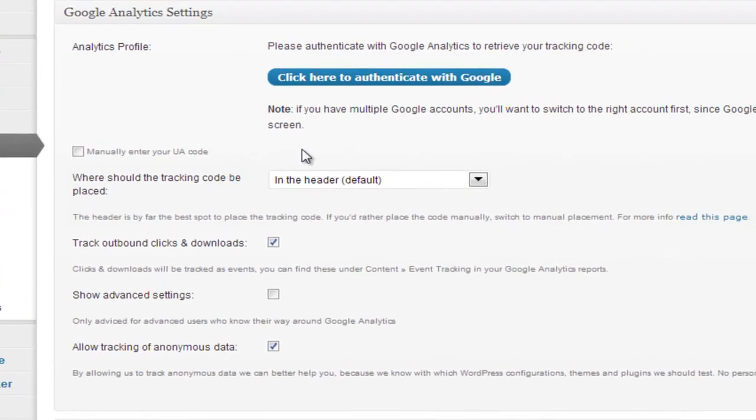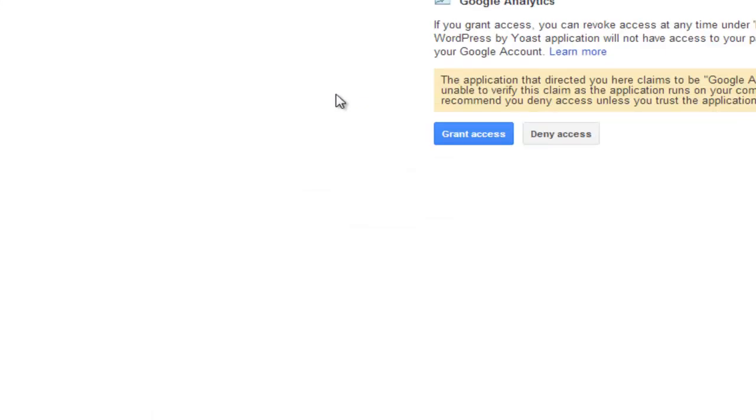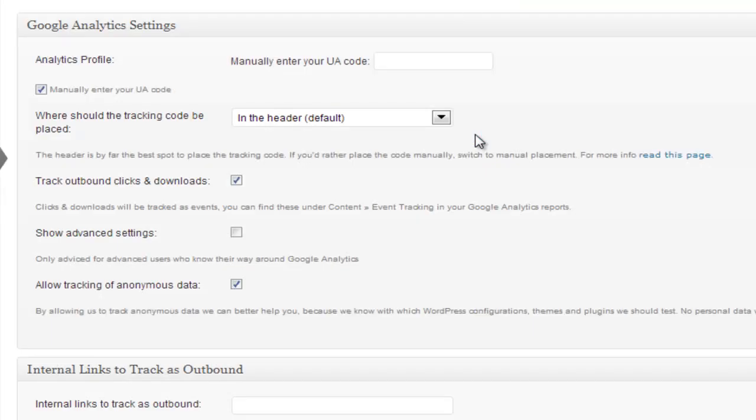And the first thing you'll see under the settings is a button that says click here to authenticate with Google. So we'll go ahead and click that. And then we'll click Grant Access. And hopefully that'll work. But if that does not work, which it certainly may not with some of your websites,